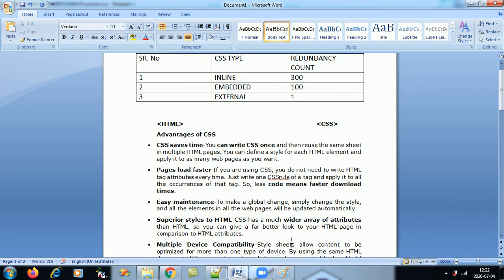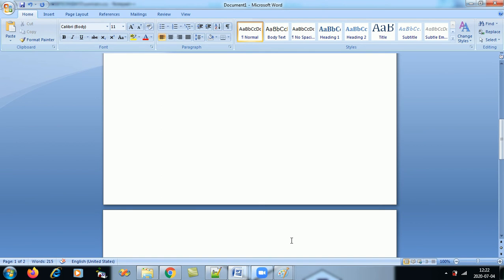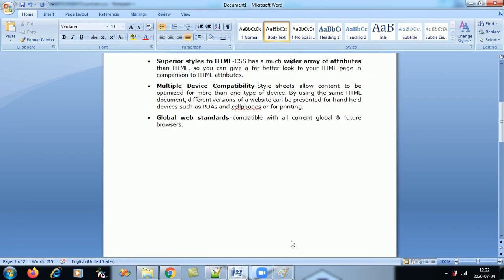Okay, and multiple device compatibility. Websites made with CSS can run on all the devices, whether it is cell phones, your mobile phones, your PC, your laptop, your iPads.